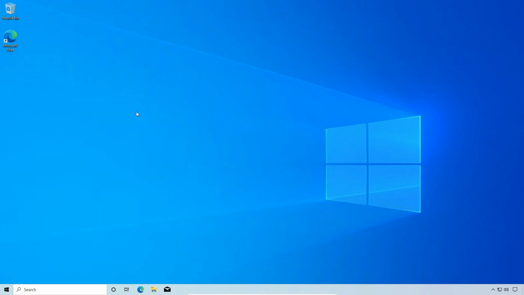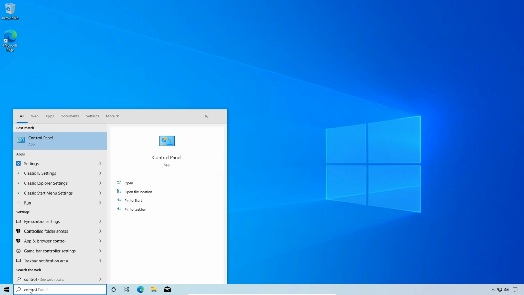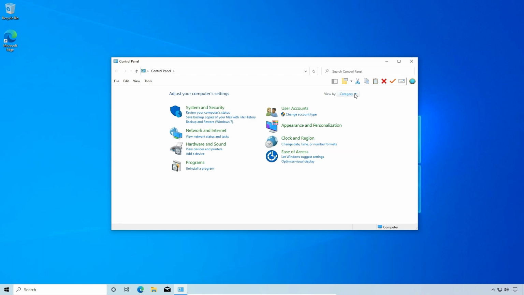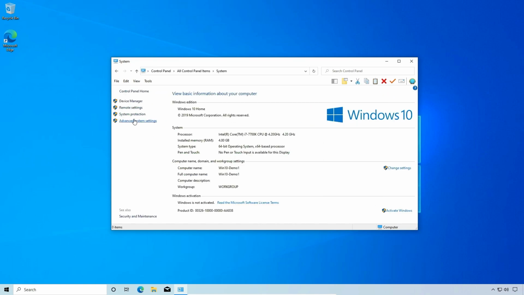The next thing we can do is tweak special effects. So if we want to speed up our system, one surefire way to do that is to disable any special effects on the system. So to disable special effects, we're going to go in the search box, we're going to type in control, we're going to launch the control panel, we're going to switch from category view to small icons, we're going to select system, we're going to select advanced system settings,